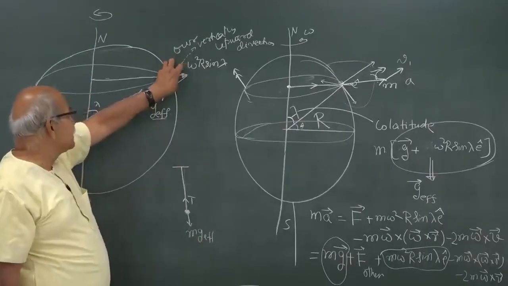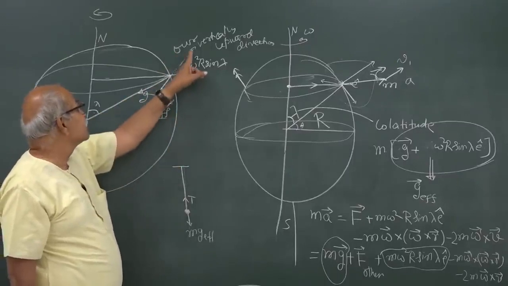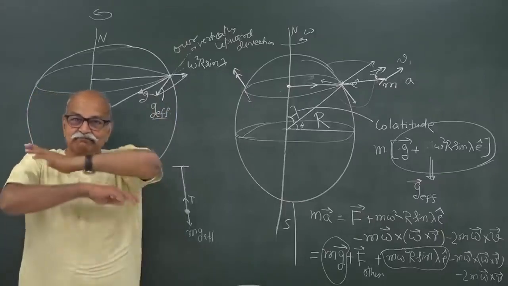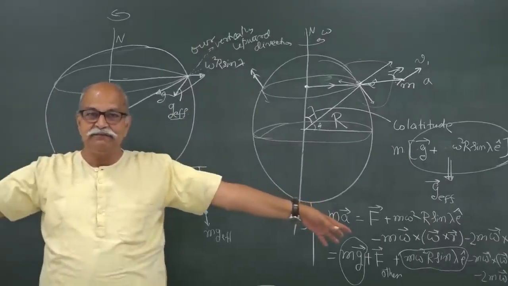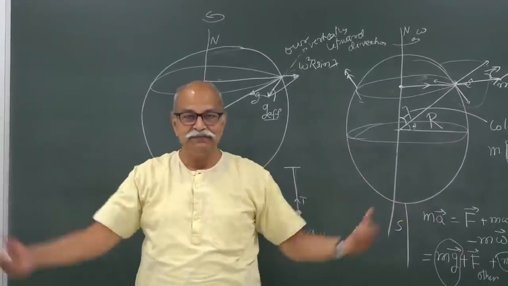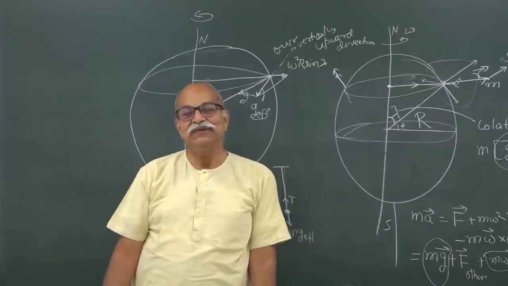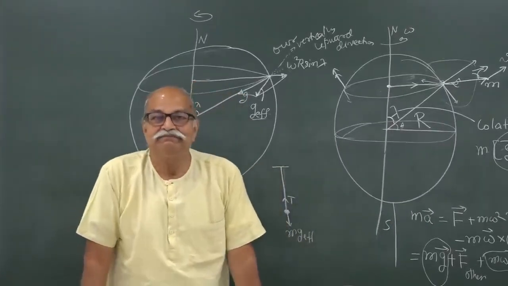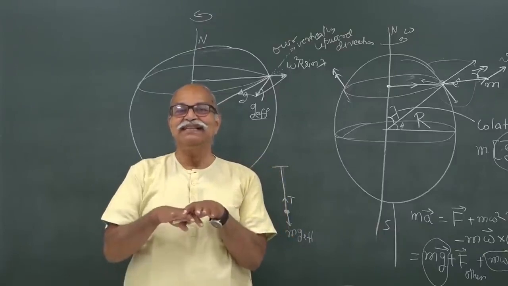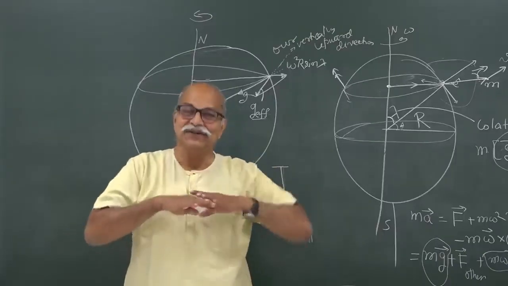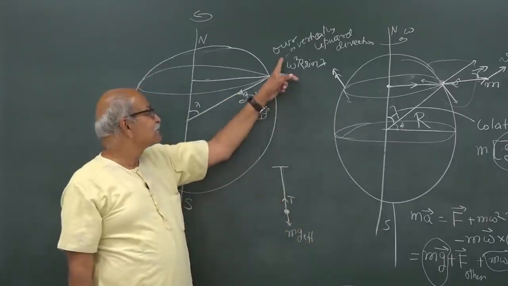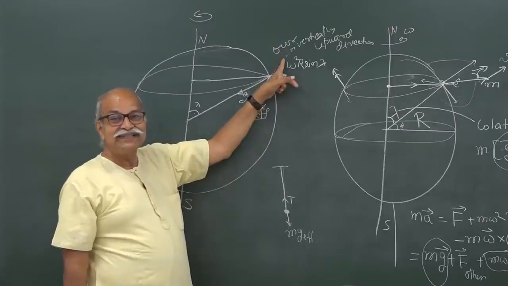For us sitting here, this is the vertical direction, which is not passing through the center. When we make things horizontal, normally when buildings are made, we need the floor to be very horizontal, and many of the beams are horizontal. So, people use a water level, okay, because the free surface of water is always horizontal. Now, what is that horizontal? That is perpendicular to this g effective.